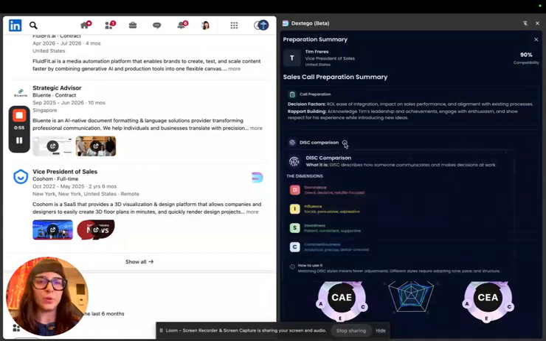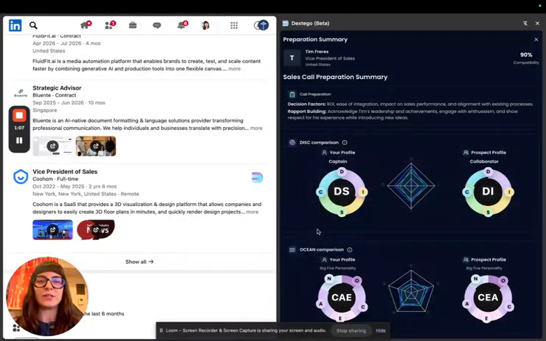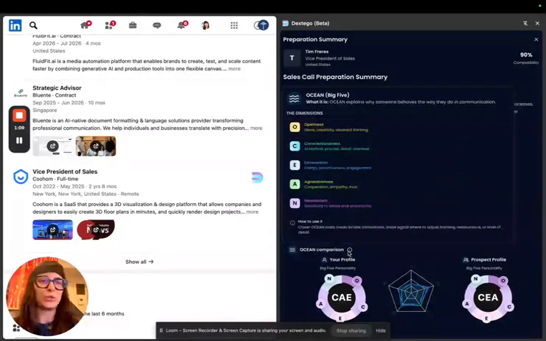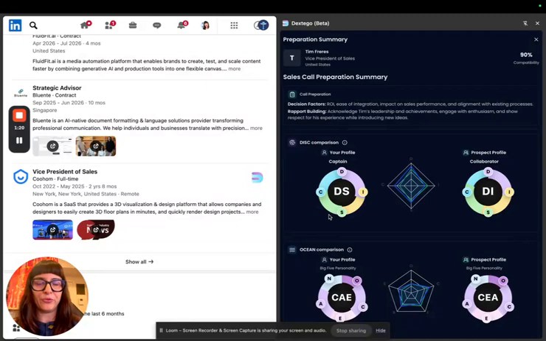For anyone who's unaware, DISC analyzes how one communicates and makes decisions at work. This has several dimensions like dominance, influence, steadiness, and conscientiousness. Now, when this is combined with OCEAN, otherwise known as Big Five, which analyzes openness, conscientiousness, extroversion, agreeableness, and neuroticism, it's very powerful. On the left, you see my profile, and on the right, my prospect's, in this case,